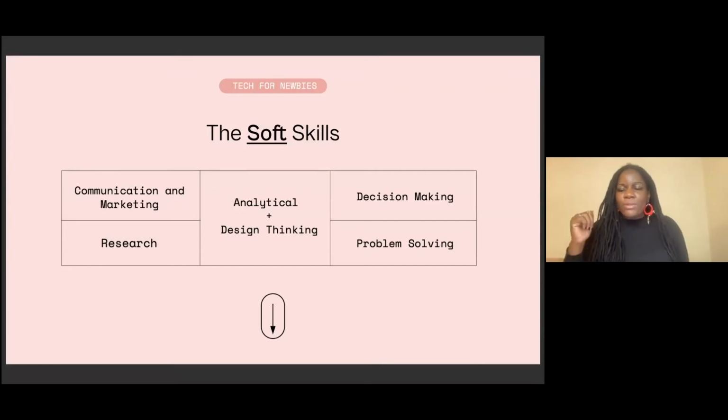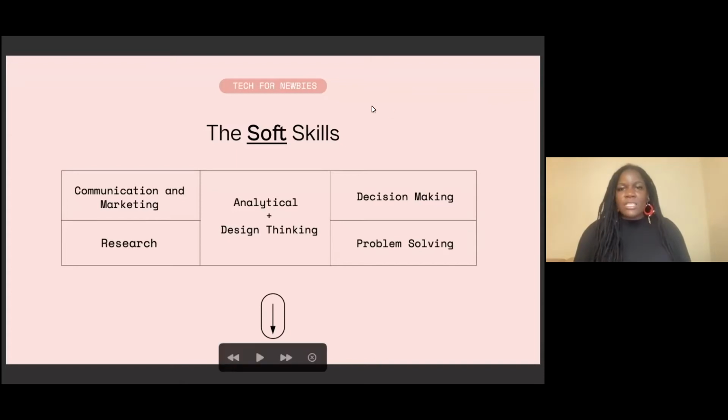We also need to think about getting on top of decision making and design thinking. What that is essentially, in a nutshell, is being able to think about how colors, shapes and type are going to interact, and which of those you need to pick so that at the end of the day, the solution you have is the best solution. It's the most optimized solution for whatever it is you're working on.